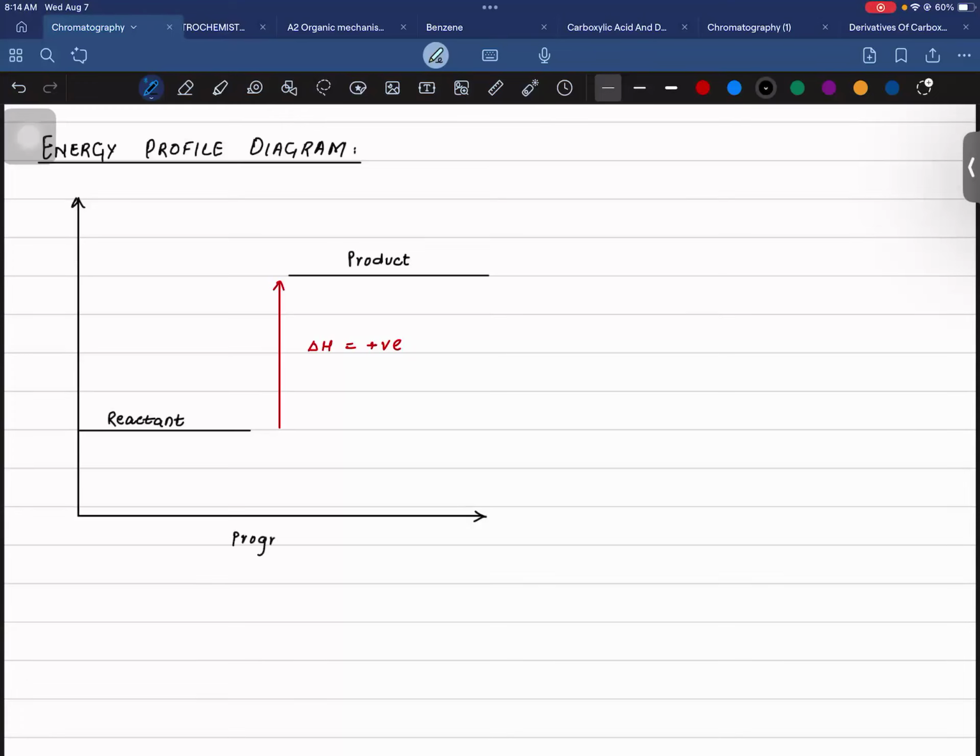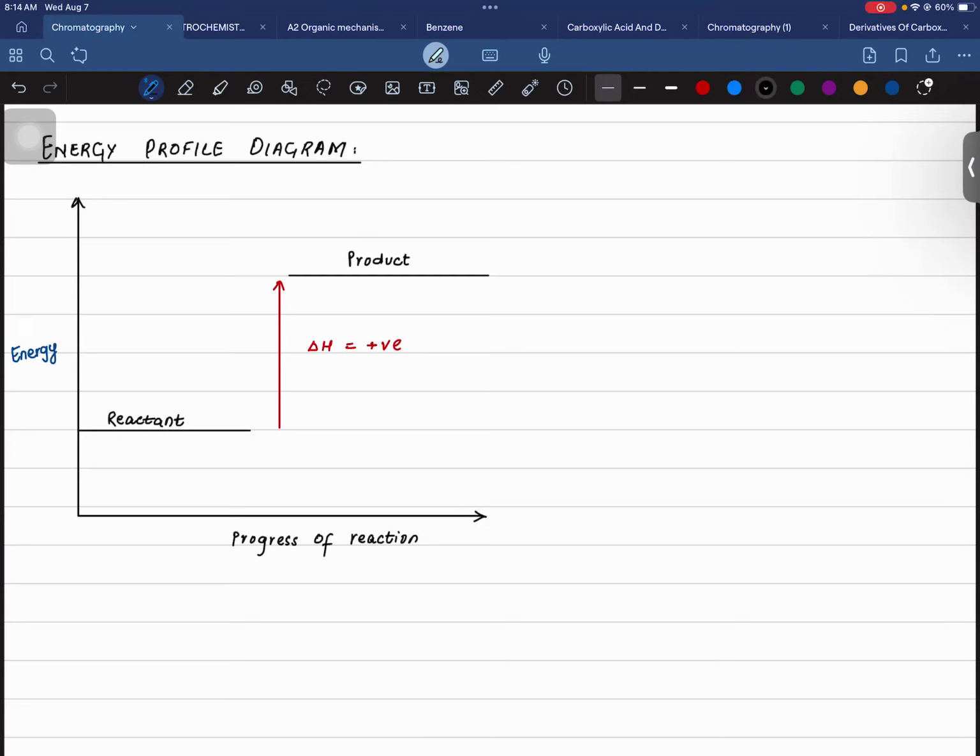something up for me? Sorry? Sir, I have a question. Hmm. What is delta H supposed to mean again? Enthalpy change, energy change. Yeah, okay, okay, thank you. Okay. Thank you, sir. This is energy. Okay. So